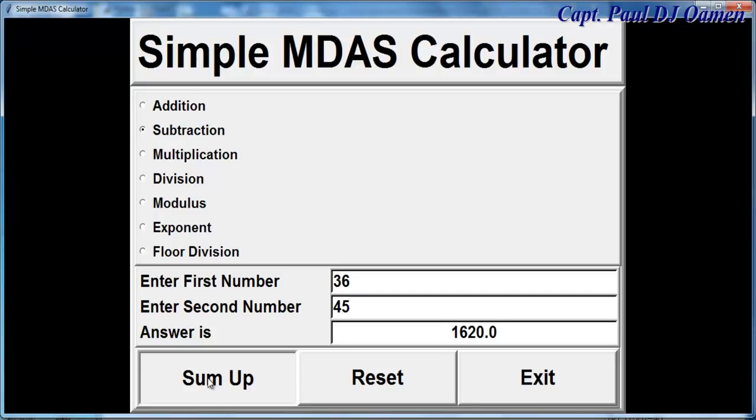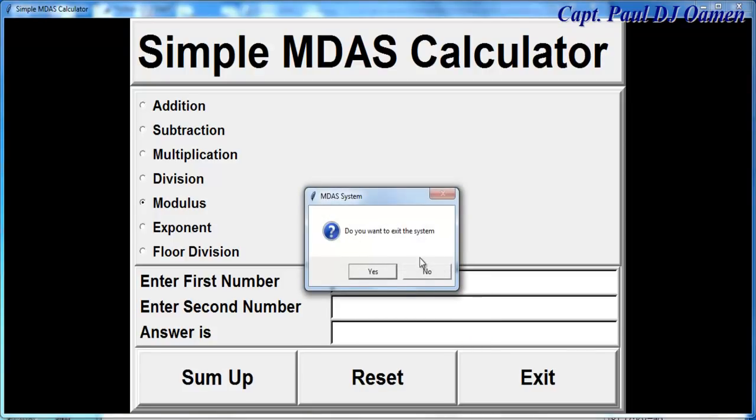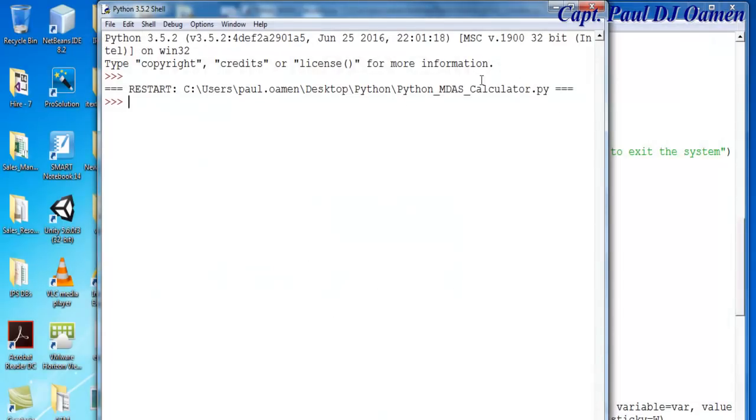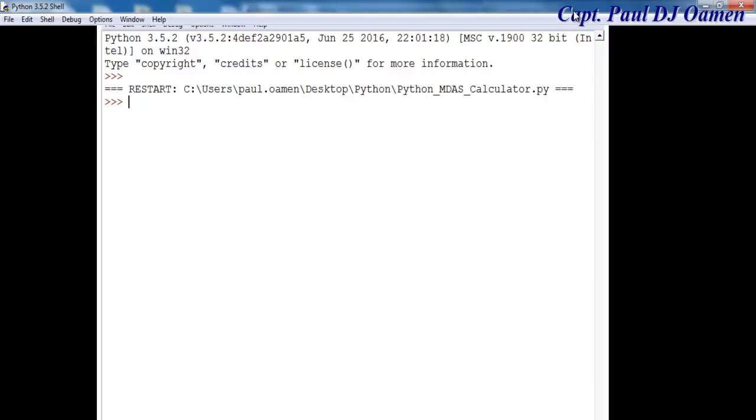If you like, you change it to subtract, addition, division, modulus, exponent, and floor division. Okay, that is how the system works. We can also reset or we can exit. Right, so what I'm going to do now is to take you straight into Python development environment, and we'll put